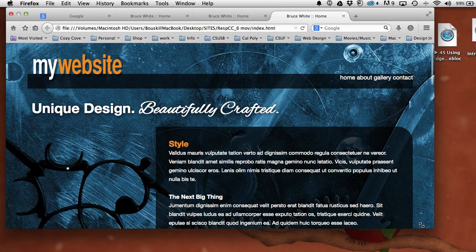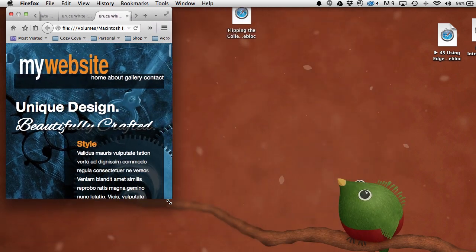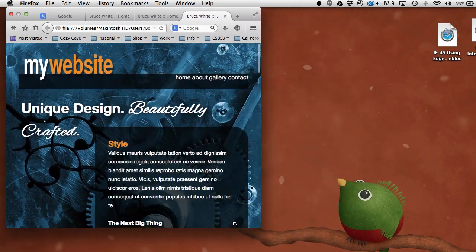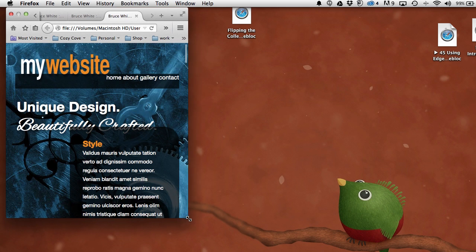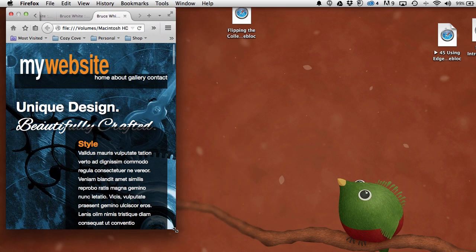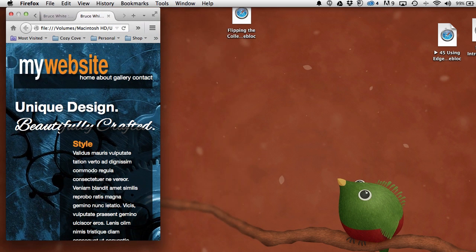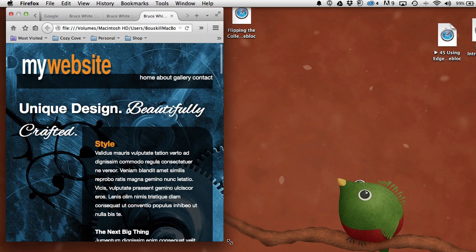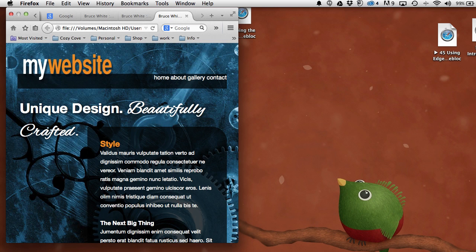Alright, now our background should shrink down with the image itself. So far so good. I do have some trouble when I get down to about phone size because this line just doubled up down here. I really don't even like it when it does that because this to me is distracting. So we're going to